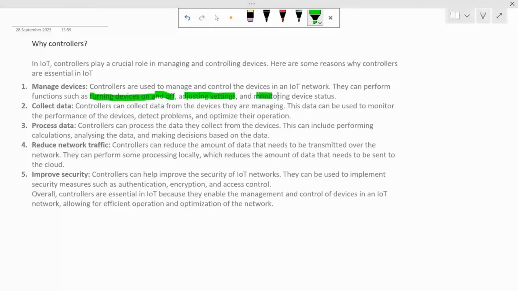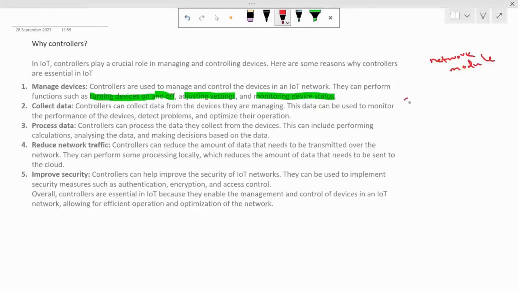So let's understand this. First of all, I told you for an IoT device we need some network module. We also need some sensors.